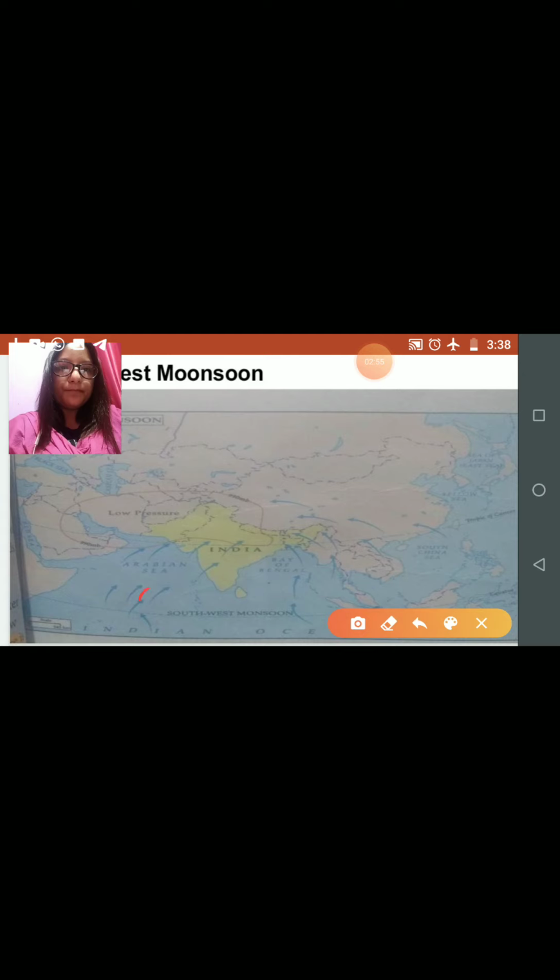Then as the rest of the monsoon winds move further north, they encounter the Himalayas here, and are forced to rise once again. Condensation occurs, bringing rains to the east and the north of India. Now see, this is how the monsoonal winds bring rain to most parts of India, South Asia, and Southeast Asia.